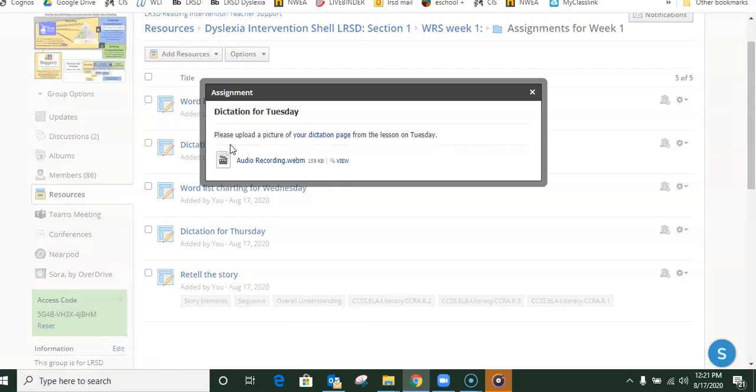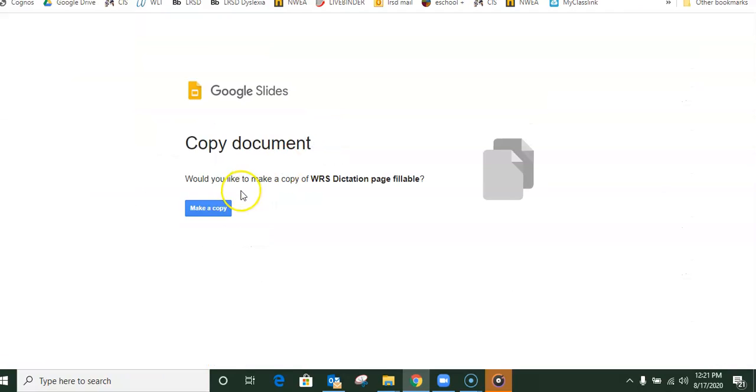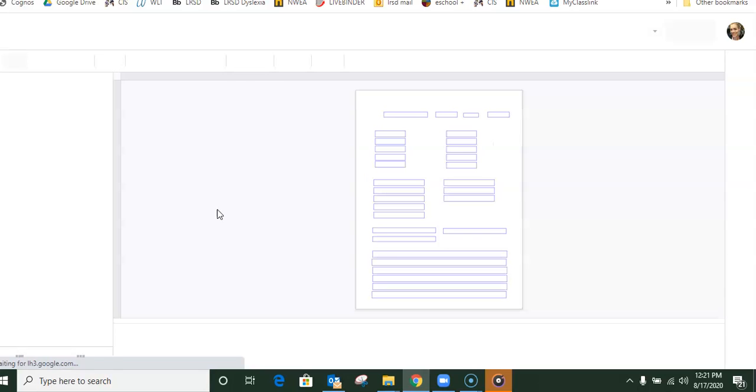And then for dictation, I have, please upload a picture of your dictation page from the lesson on Tuesday. And I've got the directions here again in an audio format. I have a link to have them make a copy in Google Slides of a fillable page, but it is